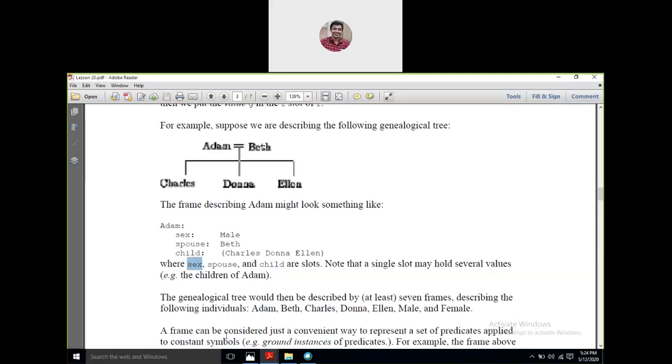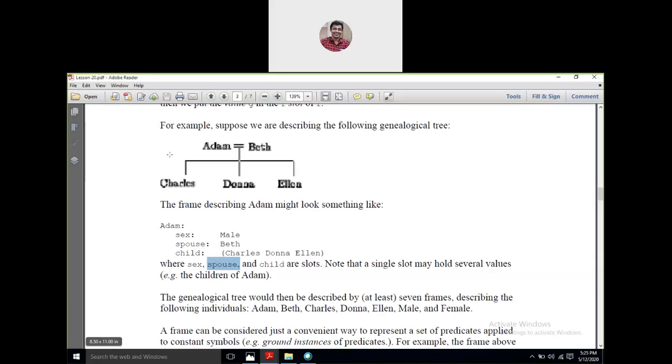So in context of frames, I'd like to draw your attention towards another fact, that any of these slots can itself hold the position of an object as well as that of a slot for another object with whom it will be attached. Nothing to worry about, just look out here.